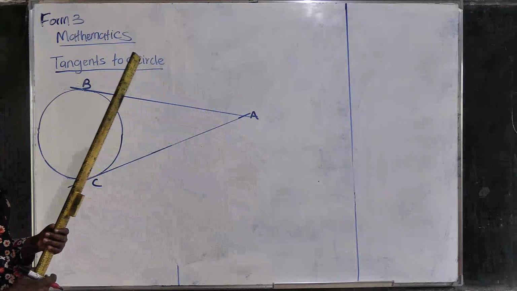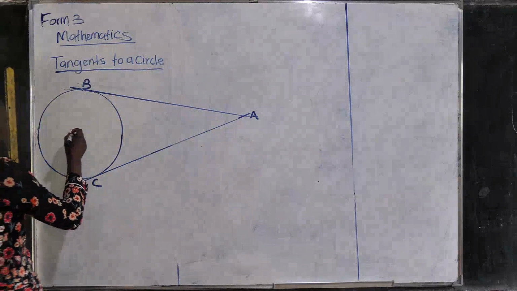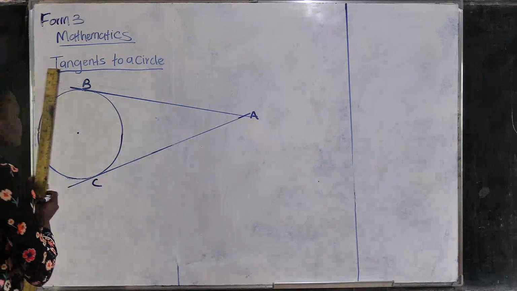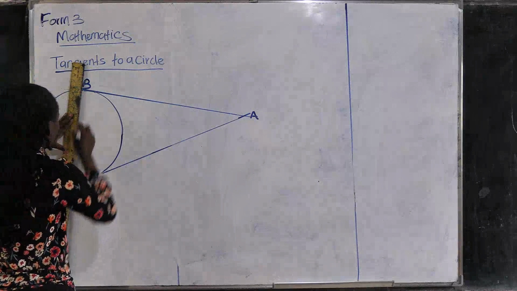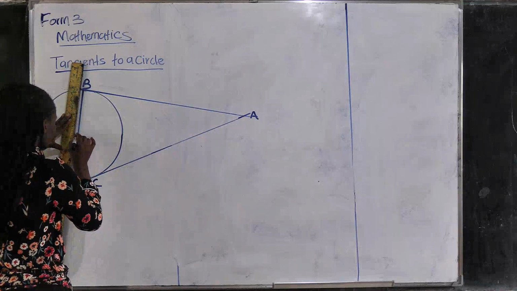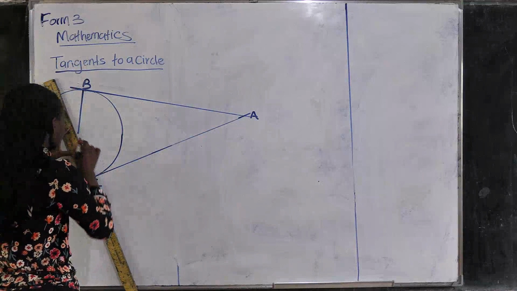That is the first property. The second property, for example, let's say this is the center of the circle. So this tangent meets at this center, and also this one meets at the center